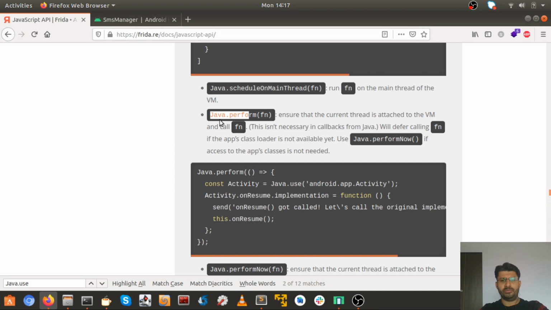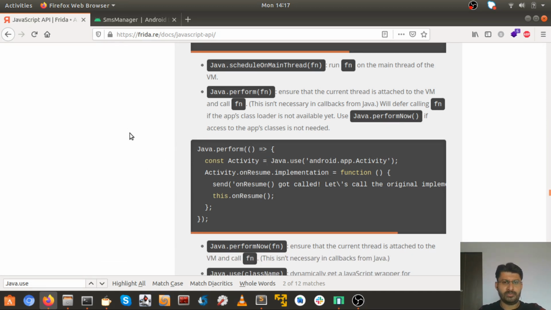According to Frida's documentation, it ensures that the current thread is attached to the VM and calls the function. It will defer calling the function if the app's class loader is not available yet. Use java.performNow if access to the app's classes is not needed. So for simplicity, we will just be using java.perform and not java.performNow.